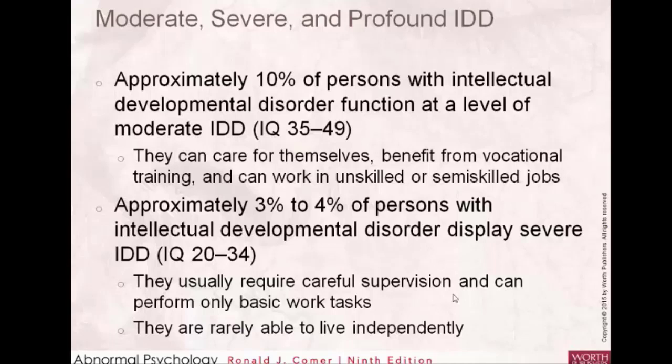Now, if we move a little bit further down the spectrum, about 3 to 4% of individuals who would meet criteria for intellectual disability would have severe intellectual disability. This is an IQ score between 20 and 34. These are individuals, as you might imagine, as the symptoms become more severe, that would have a difficult time with basic tasks even. And so these are individuals that would need to have constant supervision, whether that be from a family member or potentially if an individual is in an institution. The person would need to have supervision, but could learn some self-care tasks and some simple tasks with a lot